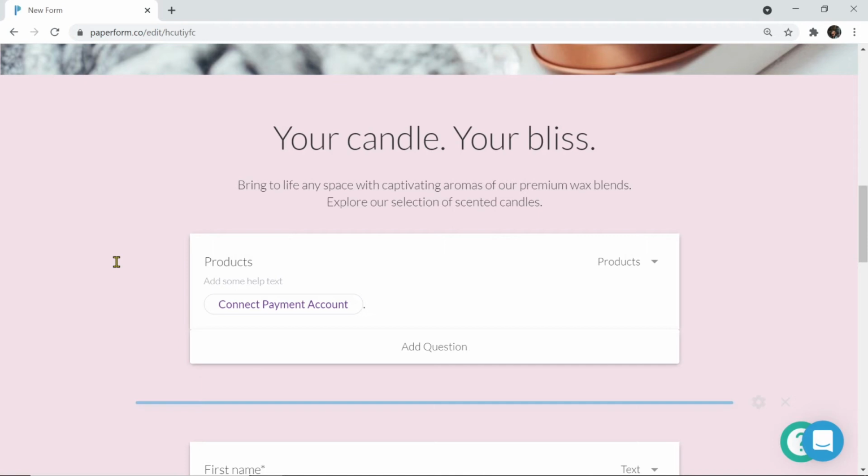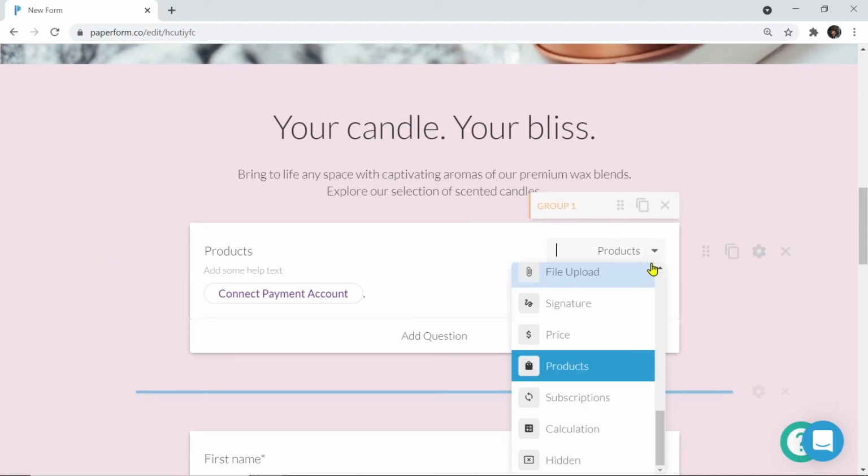Now, arguably the most important aspect of our e-commerce store is going to be our products. If you decided to opt for creating your store from scratch, or the template you chose to edit does not currently have a product field included, you will need to create one. To do this, we can simply change an already created question field by clicking on that drop-down menu and selecting